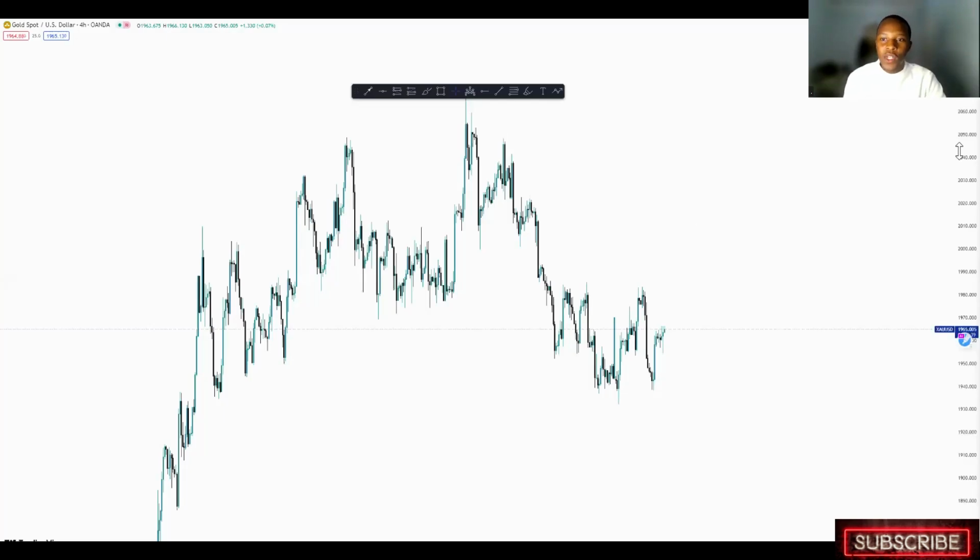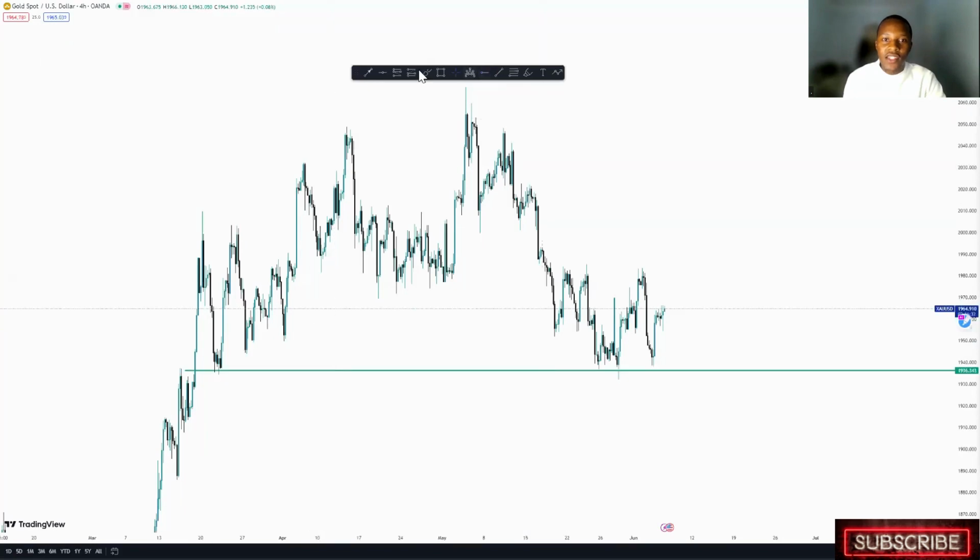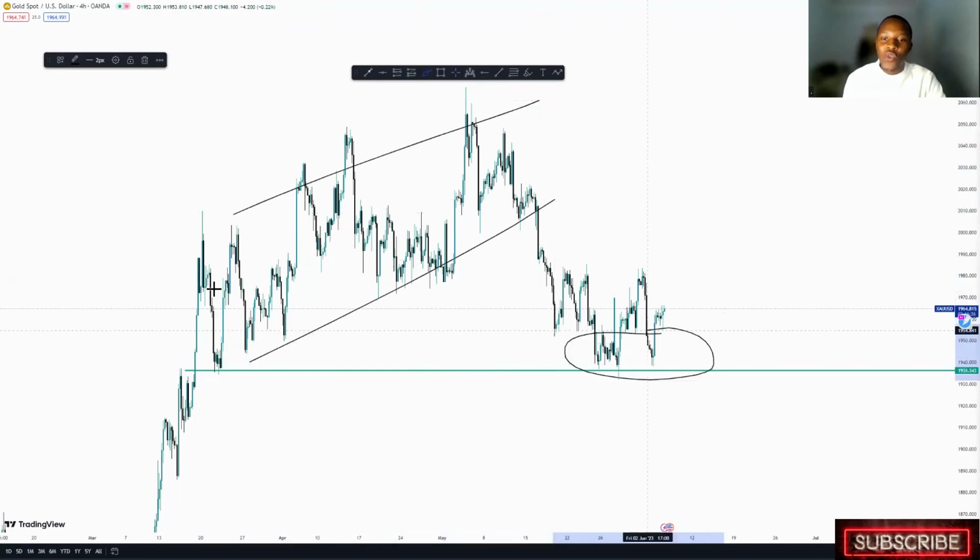All right, guys, I want to quickly show you something on gold. So if you look at what is going on here, we had this ascending channel that you see over here. And then the market has reached its 90% rule of this pattern that I'm telling you about. So usually when the market reaches the 90% rule of a pattern, it usually reverses.